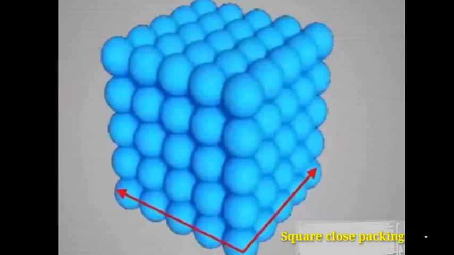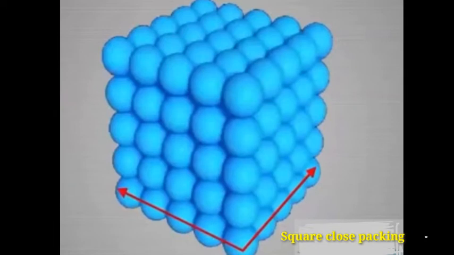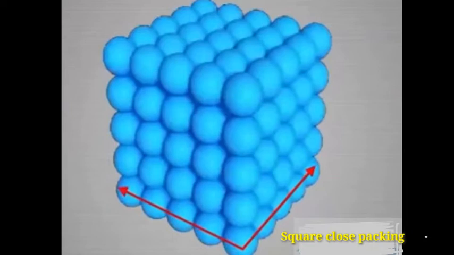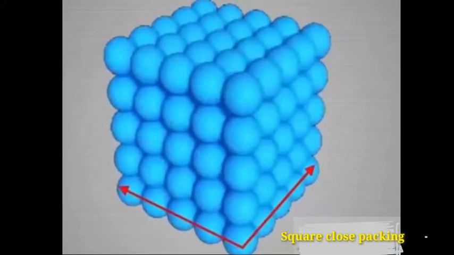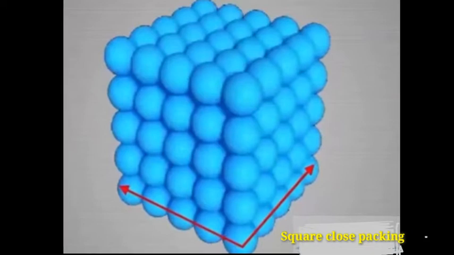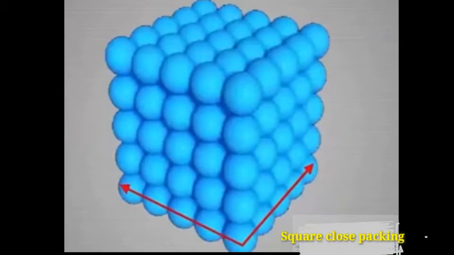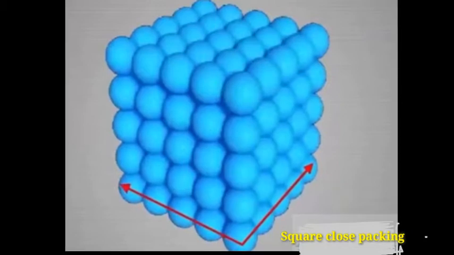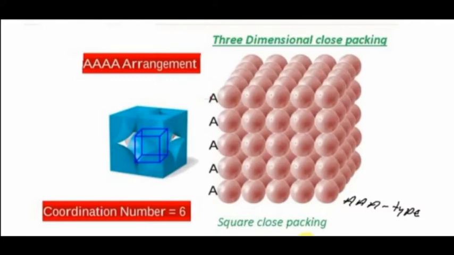In this type, two-dimensional square close packing layers are arranged one above the other in such a way that spheres of second row are exactly above the spheres of first row. All other rows are also arranged in such a way that spheres of above layers are exactly above the spheres of below layer, so that there is a vertical as well as horizontal alignment, and all layers are similarly arranged. If first layer is denoted by A, then all other layers are also denoted by A. This type is also called AAA type.